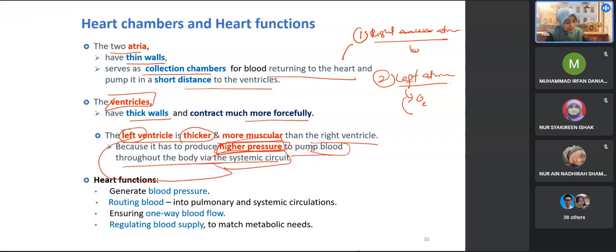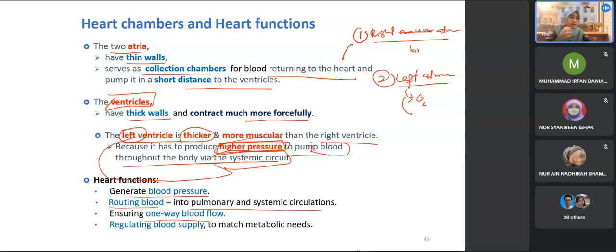Okay, so the heart function is to generate blood pressure, routing blood into the pulmonary and systemic circuits. Dia jantung ni dia yang separatekan darah mana yang should go to the lung, darah mana yang should go to all body parts. Okay, so ensuring one way blood flow. Istilah one way kan, daripada